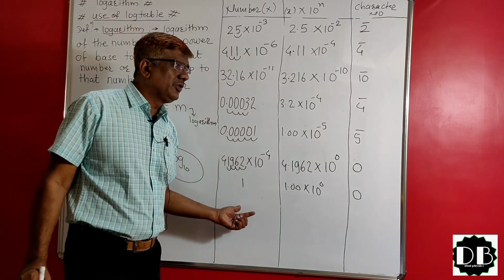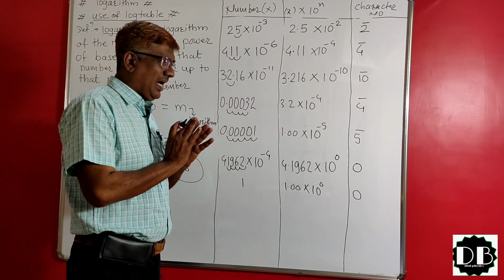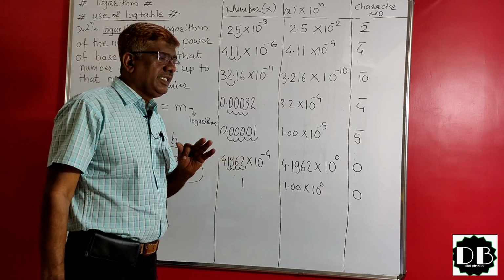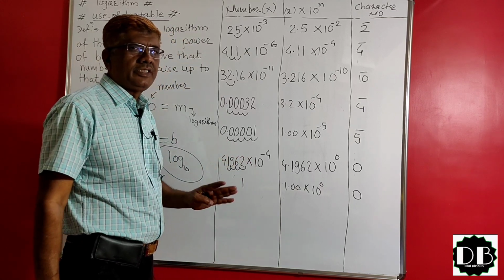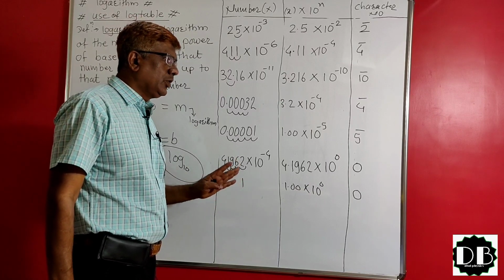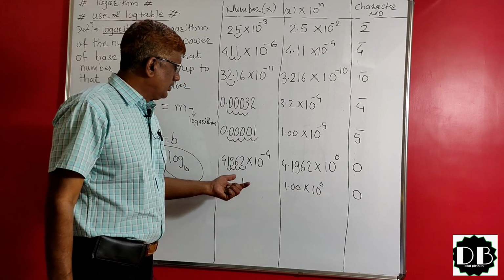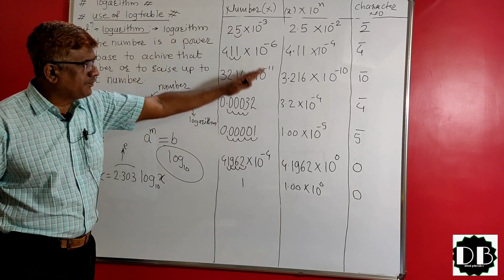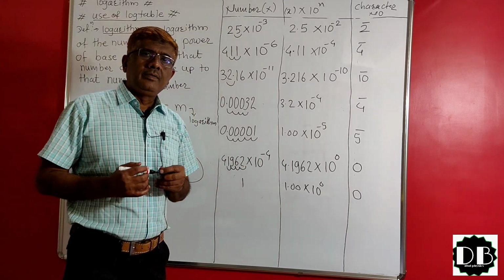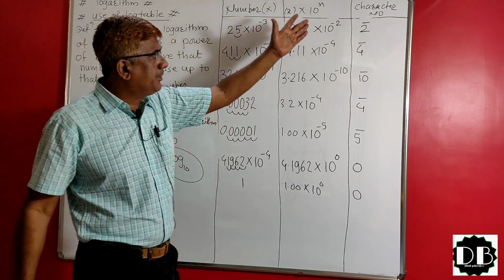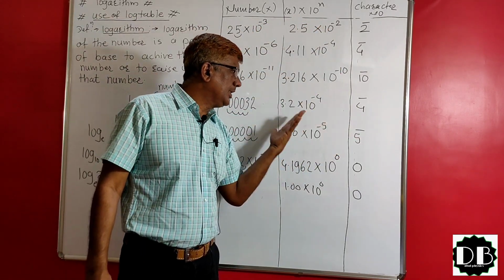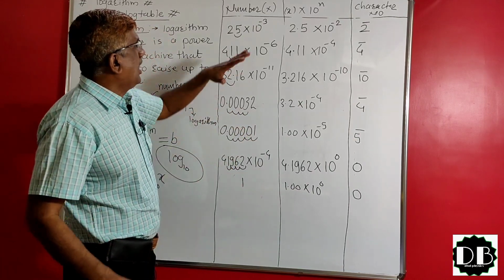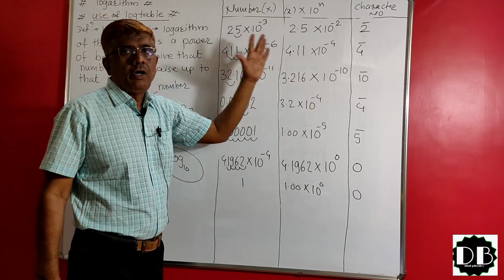Anyone may ask, what about 0? Log of 0 is not defined. It is not useful, or it cannot be defined. It is invalid. So log of 0 is an invalid function here, so we are never going to use it. We use only numbers in this format, that means real and positive numbers. For that, the power may be negative because the power of 10 may be anything due to the structure of the number. I think you understand how the character number can be obtained for the given number.